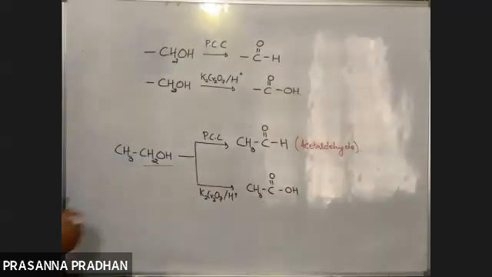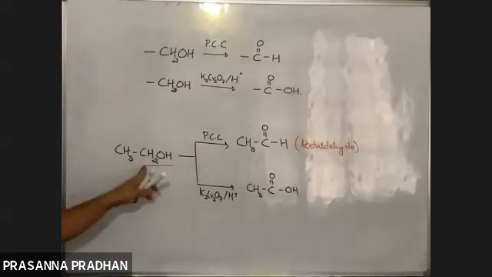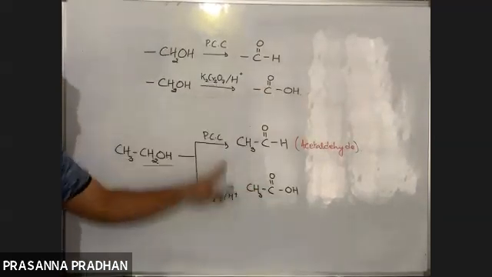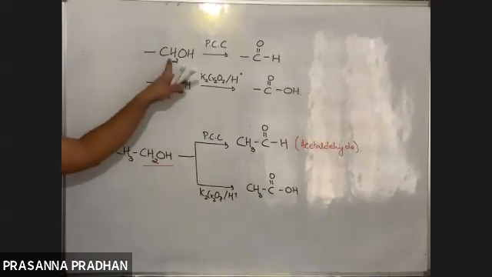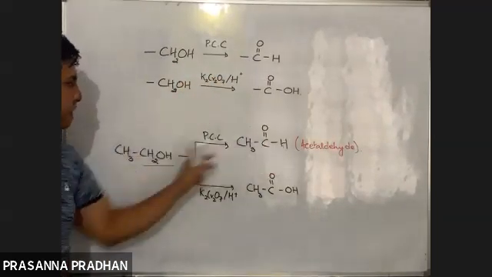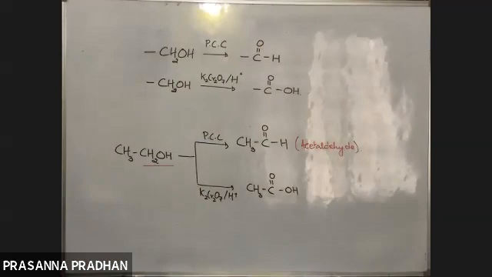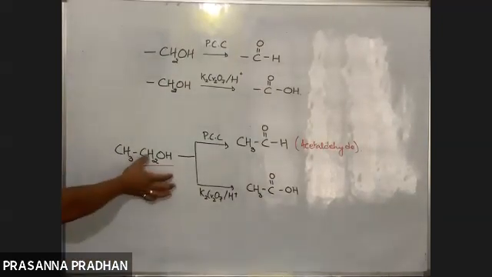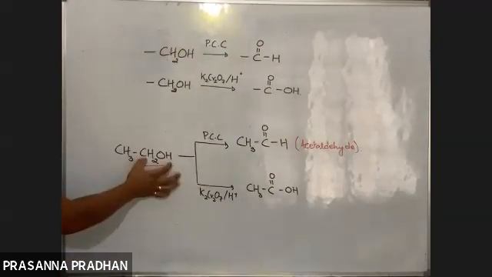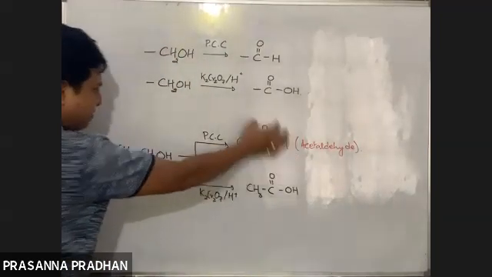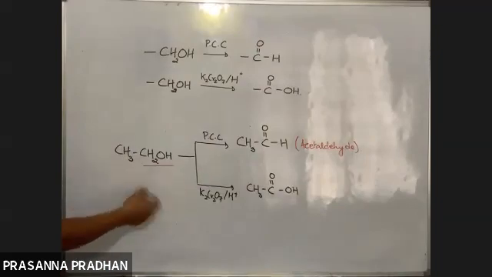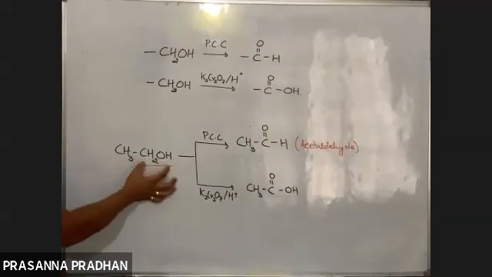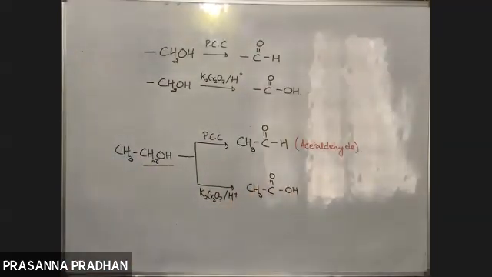COOH group, acetic acid. The same CH2OH group oxidizes to COOH group with a strong oxidizing agent, and CH2OH group oxidizes to CHO group in the presence of a mild oxidizing agent. If you remember these facts, whatever the structure of the compound given, maybe ethyl alcohol, propanol, benzyl alcohol, any 1 degree alcohol, then CH2OH group will convert to CHO group in the presence of a mild oxidizing agent, and in the presence of a strong oxidizing agent CH2OH will oxidize to COOH.